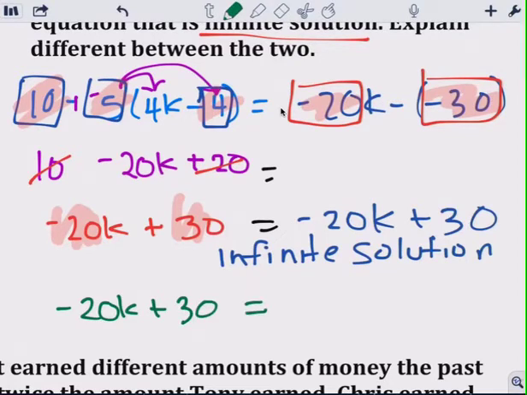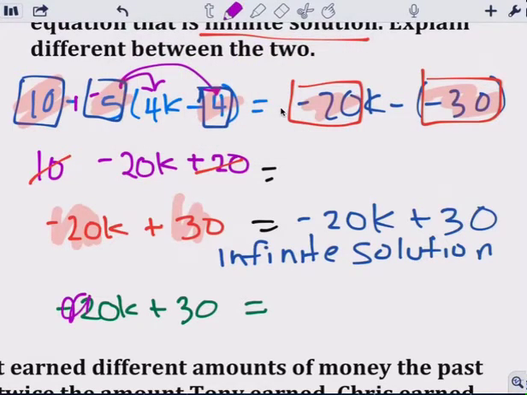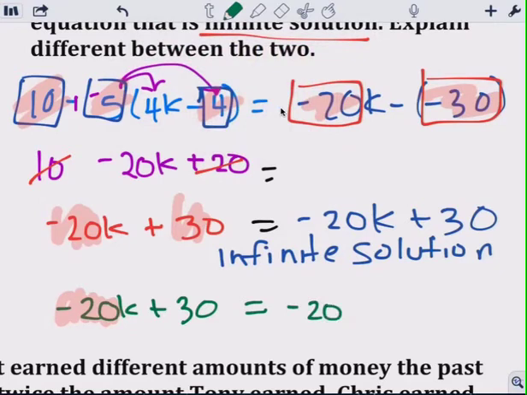now, for no solution, the coefficient, the number next to the variable, has to be the same. So negative 20, you need to start using these vocabulary words. Negative 20k has to be the same, okay? Then you need to change the constant. So it cannot be